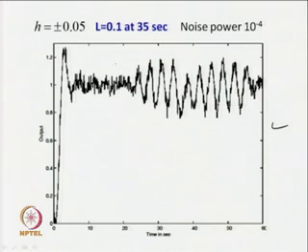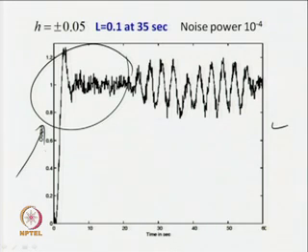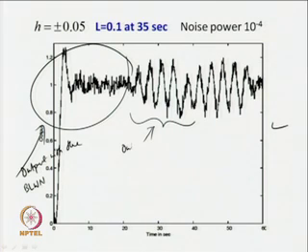So, when there is no relay, you see the type of output you will get with the band limited white noise. When the relay is connected in parallel with the PI controller, that time we do get this output